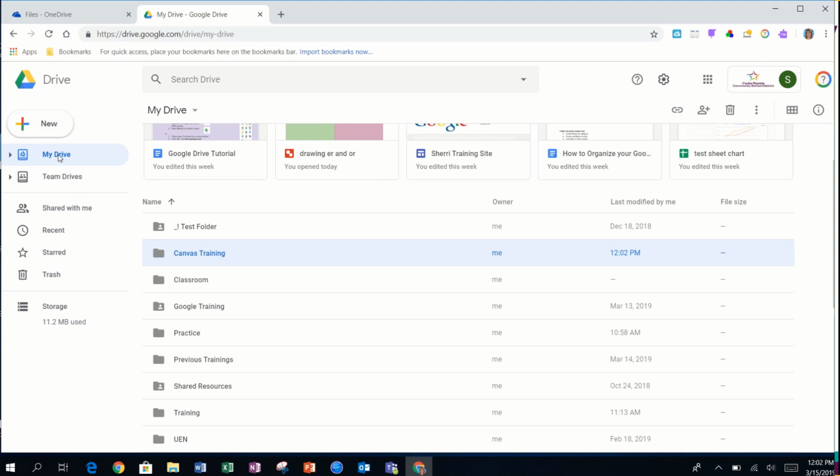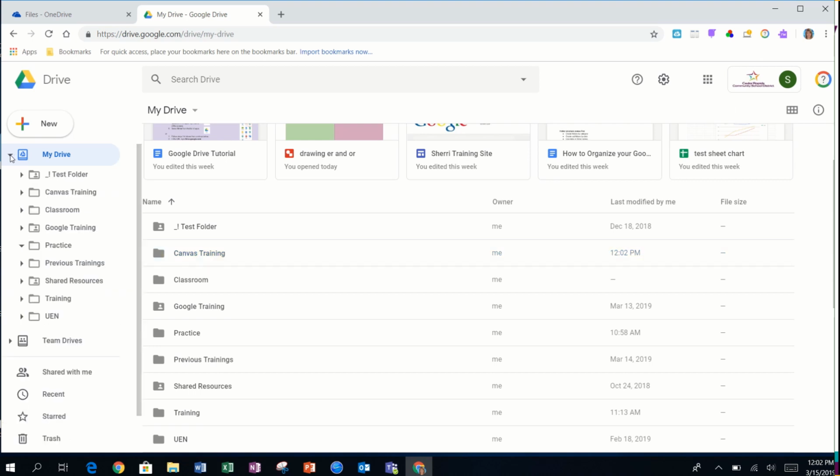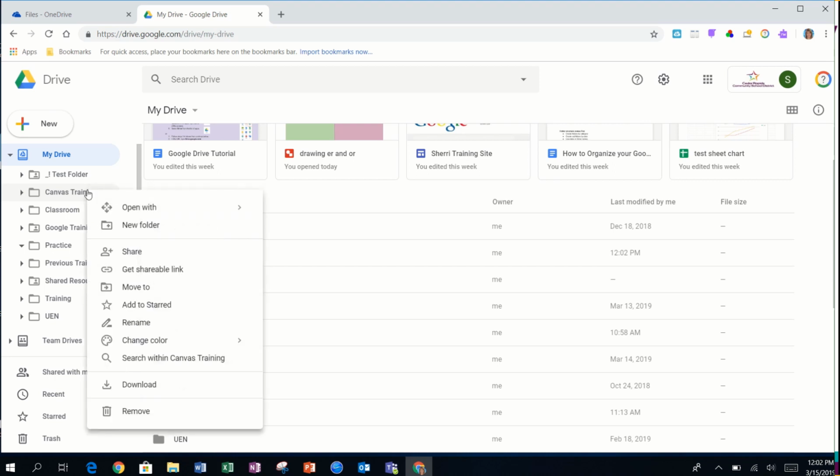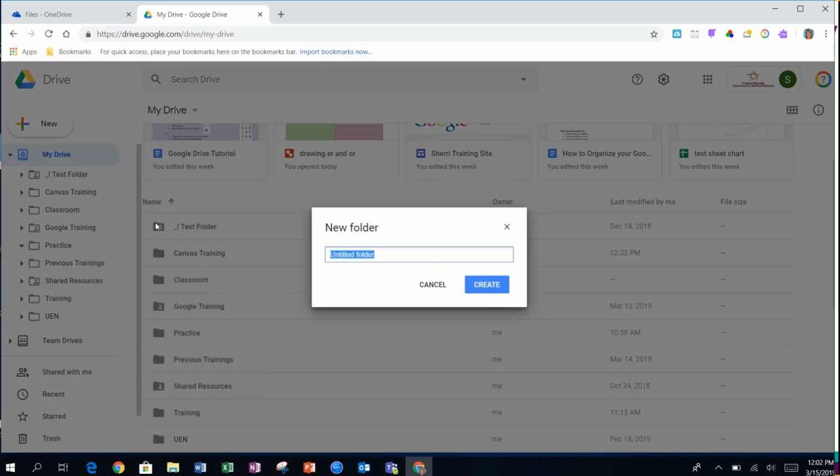Another way to create a folder is under this button. You will see My Drive. You can expand it by pressing this arrow. You'll see a list of all the folders contained under My Drive. If I wanted to create a subfolder under Canvas Training, I could just right-click on that folder name and select New Folder. Type in the folder name, Para